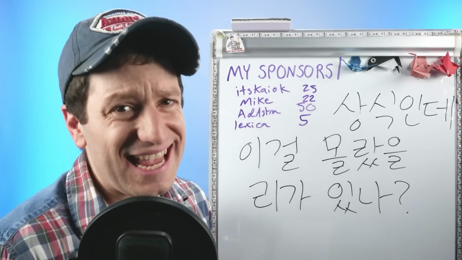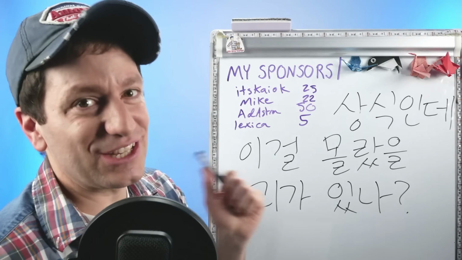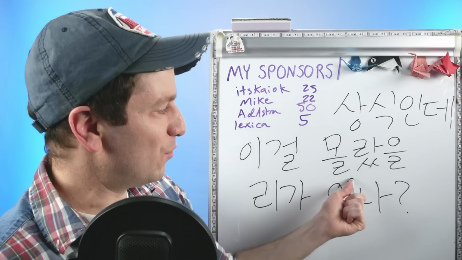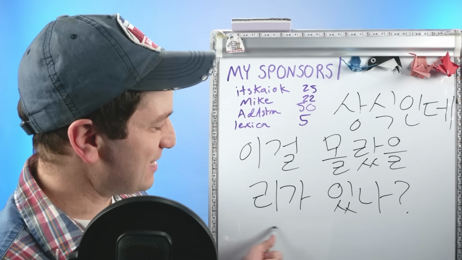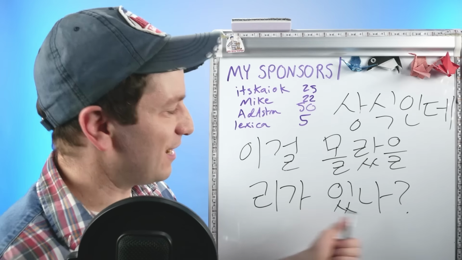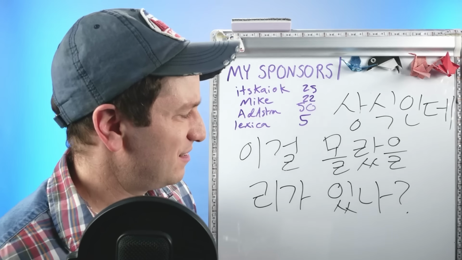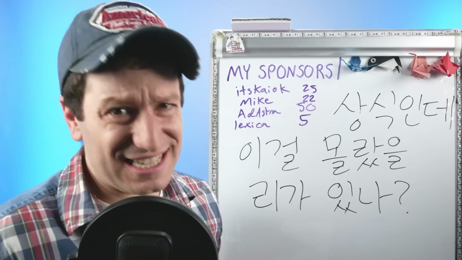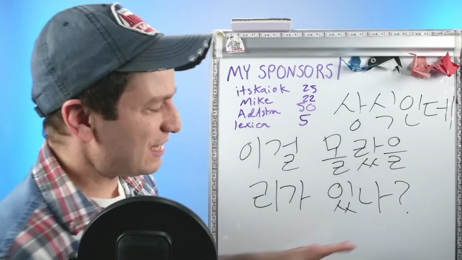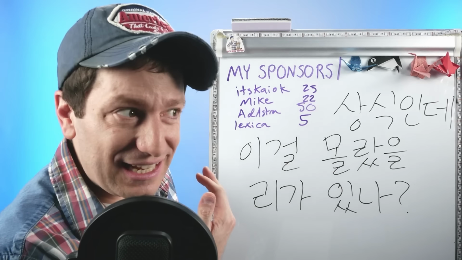상식 means common sense. 상식인데. It is common sense, but 이걸, again, 이것을, this thing, this, 모르다, to not know. 몰랐어요. They didn't know. 몰랐을 리가 있나? Is there a reason or logic that they wouldn't know this? It's common sense. 상식인데 이걸 몰랐을 리가 있나? This is common sense. So is there any way they couldn't know that? Like, is there any way they wouldn't know this? 상식인데 이걸 몰랐을 리가 있나? So you're using 있다 instead of 없다, but you're using it in a question, like hypothetically, to mean the same